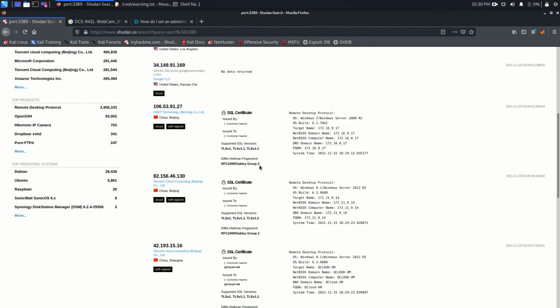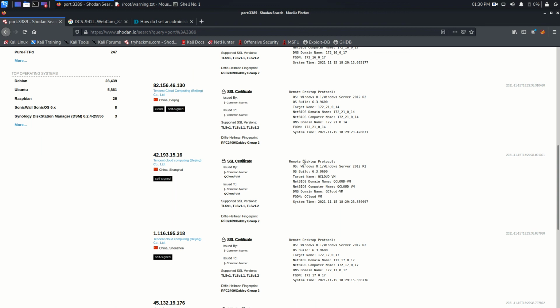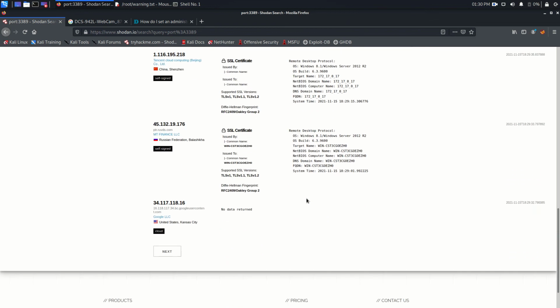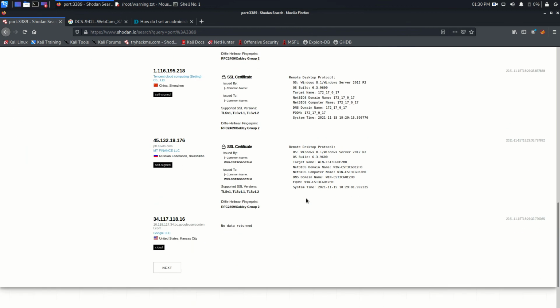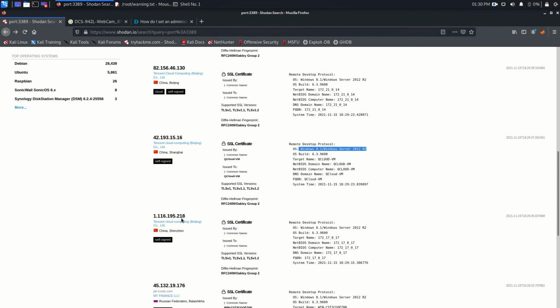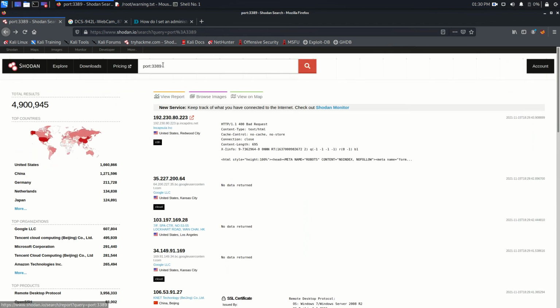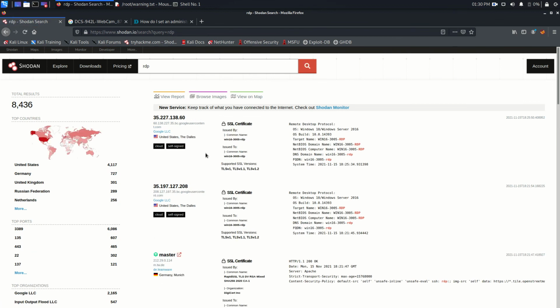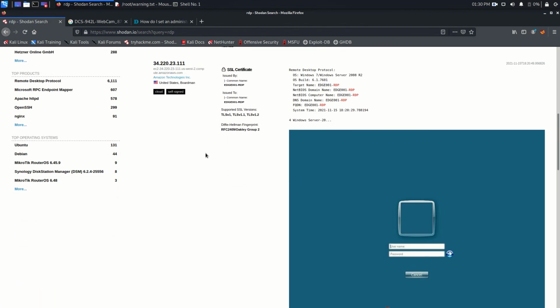So all these machines, you can see these are all Windows machines. So Windows Server 2012, published for the remote desktop service. Invalid search query. Why? Okay, let's see. RDP, enter, and that's it. And you can see this guy,